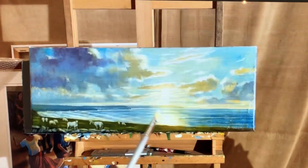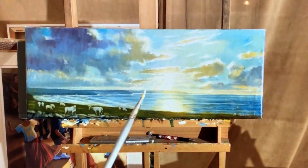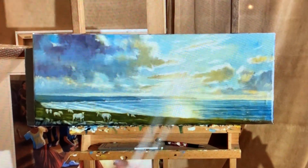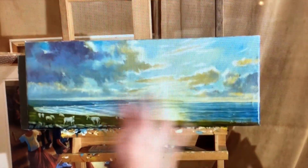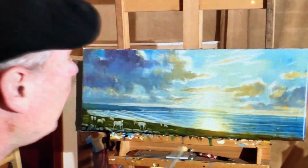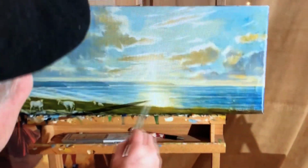It's gone through several stages, but I got the impression there on that day, it was an October afternoon, but I wasn't satisfied with the composition of the clouds, so I've reworked them, but it's still based on that initial impression. And right now I'm just popping up the highlights here with some white and bringing out this glint